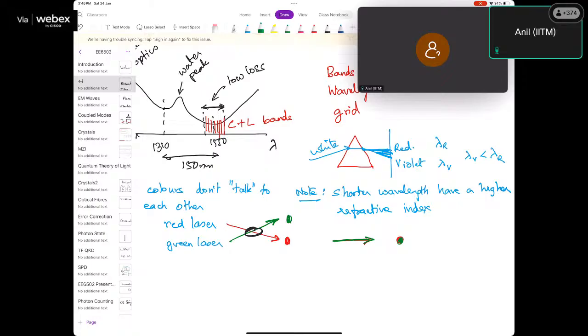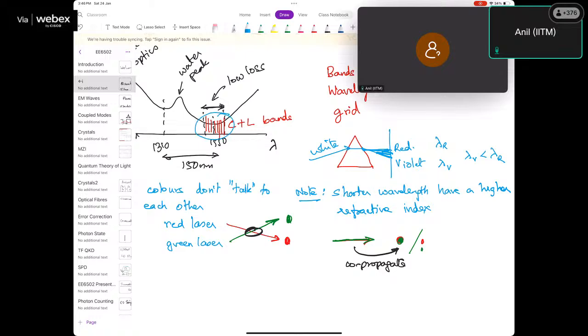If I were to put my prism out there and allow this to fall, then I would get a red spot on top and a green spot below. But if I don't do that, and I just look at what is happening when they co-propagate, they don't talk to each other,